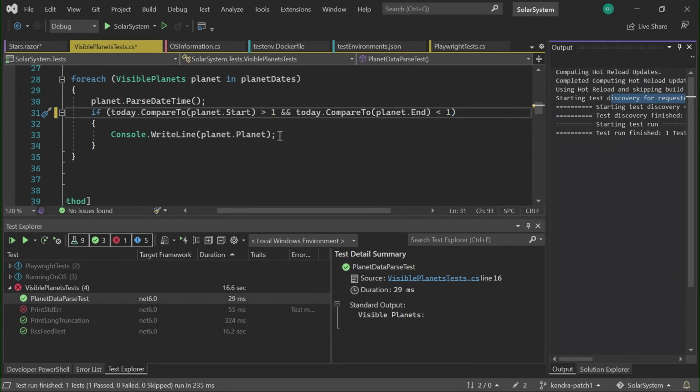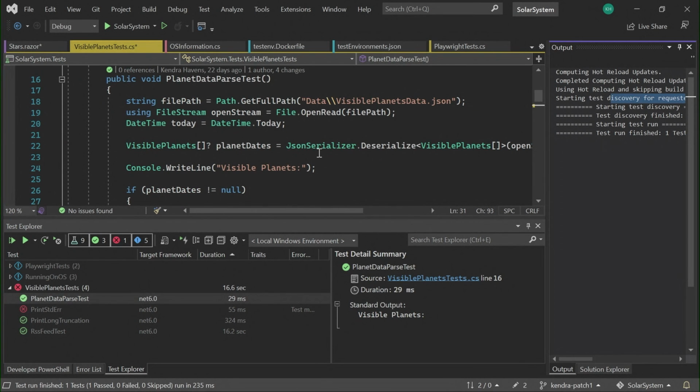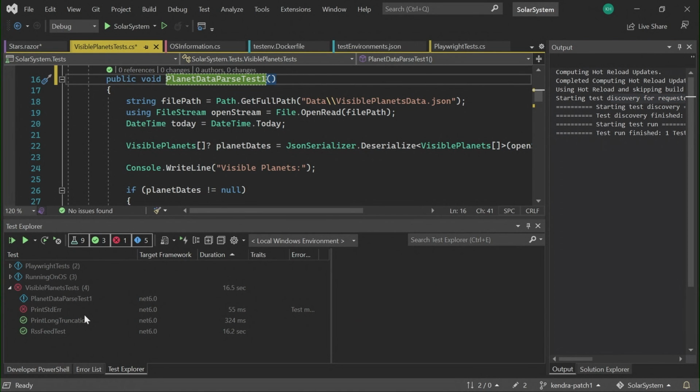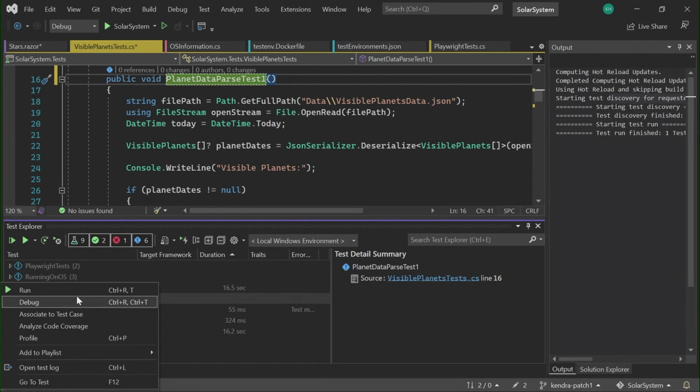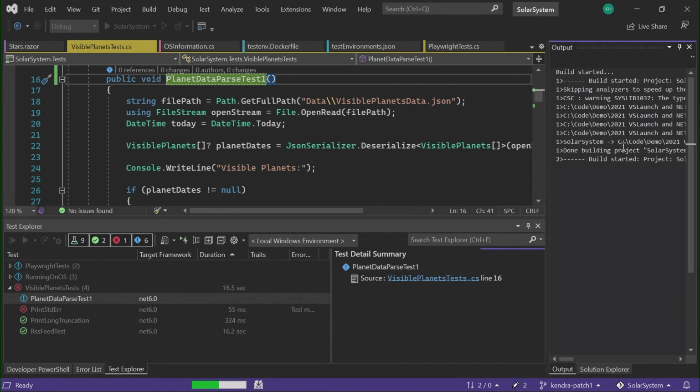One interesting thing: much like Hot Reload, there still exists the idea of root edits where we can't reload in between, and we're just going to fall back to doing a full build in those scenarios. So if I change my test name, have this test fully rediscovered, and run it, you can see that a build is starting. Exactly what you would do today. So it defaults back to doing a full build if it senses changes that can't be hot reloaded